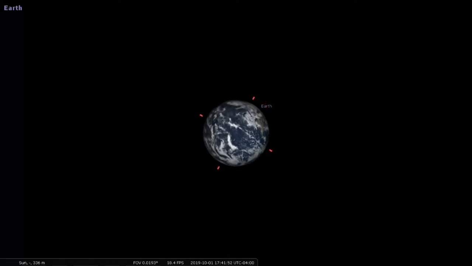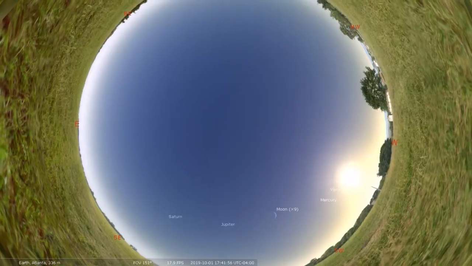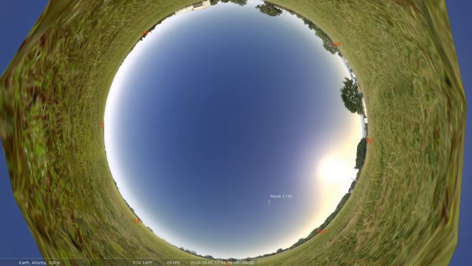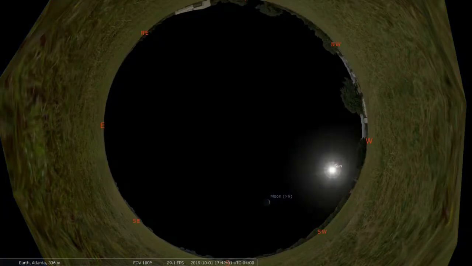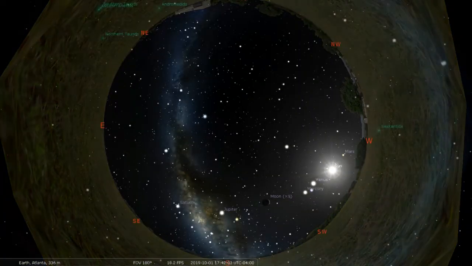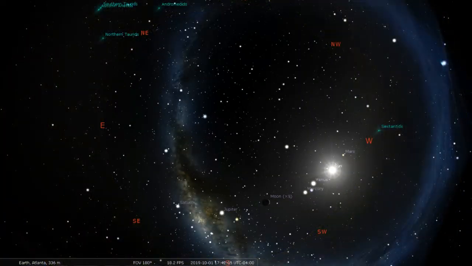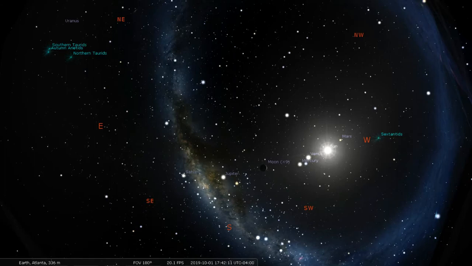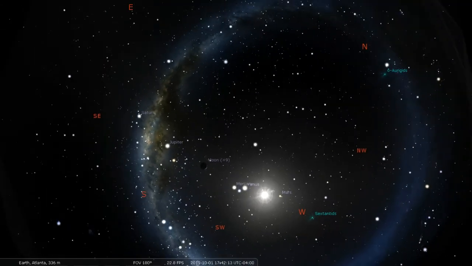All right, so I'm going to press Control H, which is going to take me back home to Earth. Again, I'm going to press A to turn off the atmosphere and G to turn off the ground, and I can continue viewing the planets there. So I covered Earth. That's one of the problem planets that's kind of hard to view in Stellarium. The other problem planets,